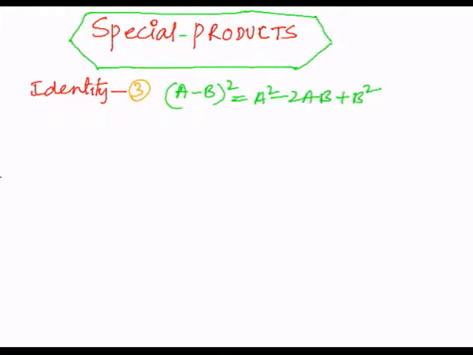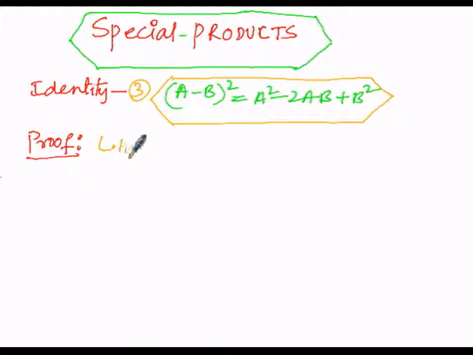First of all, we will prove this identity number 3 by means of the algebraic method, then later with a geometrical proof. So, first of all, we are going to prove it algebraically. Proof starts now. In our proof, I am going to take the left hand side quantity, that is (a minus b) whole square. So, (a minus b) whole square is equal to,